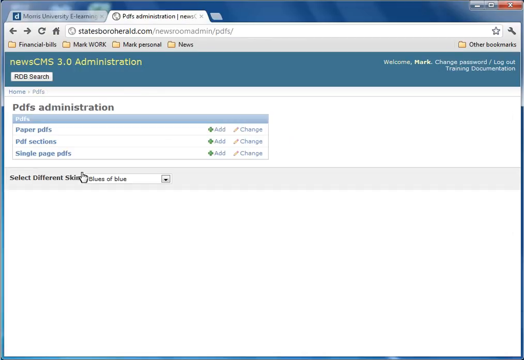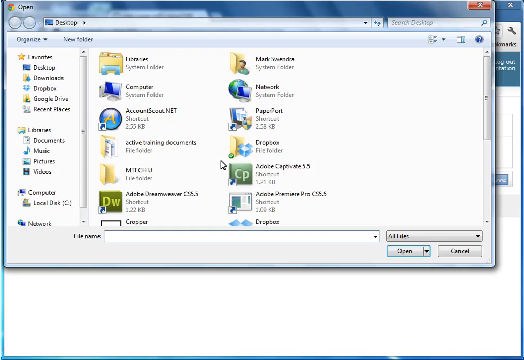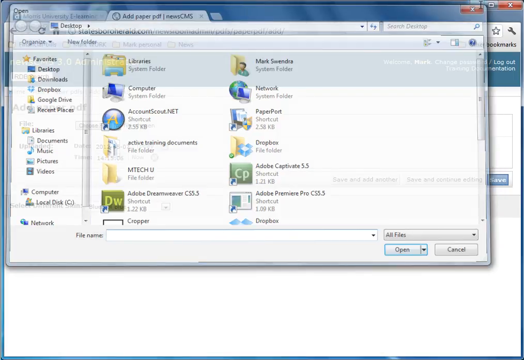And this last information applies only for the newspapers who are using our paper PDF product to put their entire newspaper online in a PDF format. If you're currently using a third-party application for that, this would not apply. In order to put up the paper PDF, you just click on Add Paper PDF. This is very simple in the sense that you'll upload your entire PDF of the newspaper. Now, unlike the special section where you have to break it down page by page, you can upload one file,